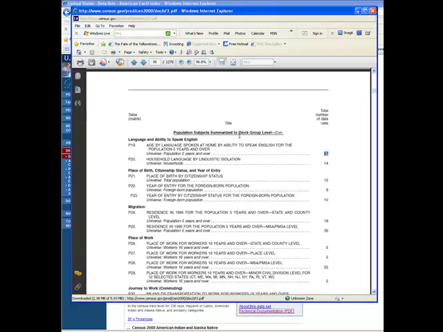Now, that said, these documents go into so much detail that it can be very overwhelming, and that's why I'm going to keep this example somewhat simplistic. We're going to work with a specific variable or two, and I'm going to show you how to find that and pull that out, and you can apply this same process to any of the other variables you might be